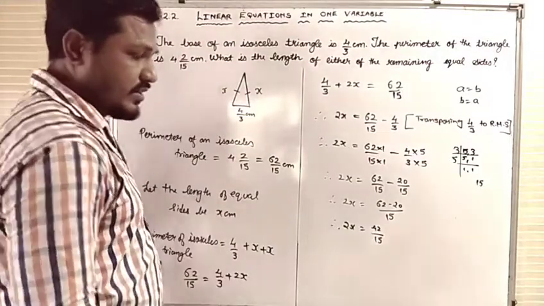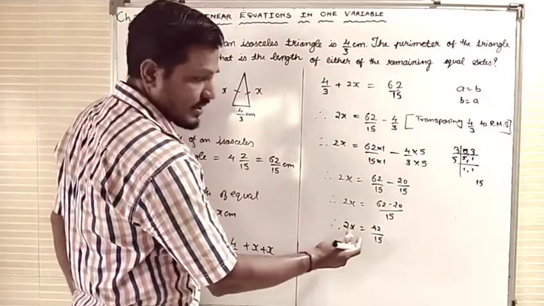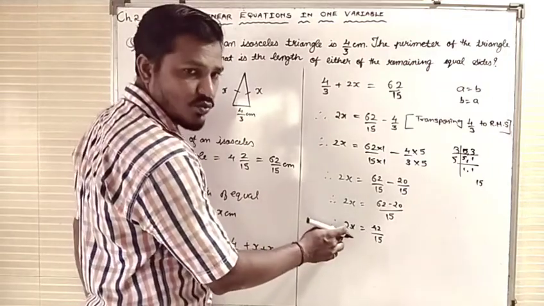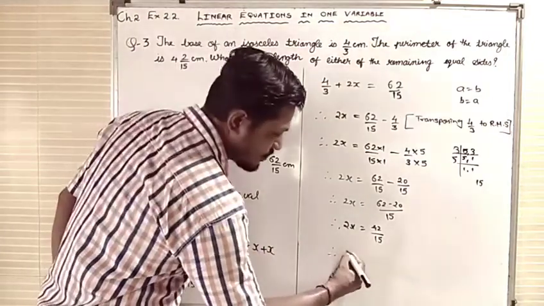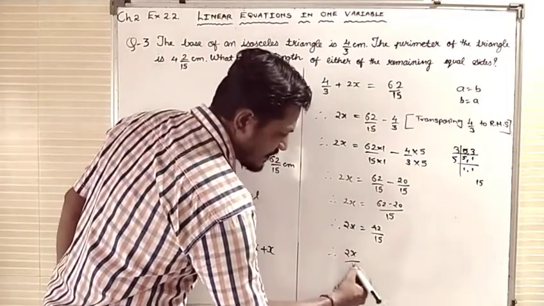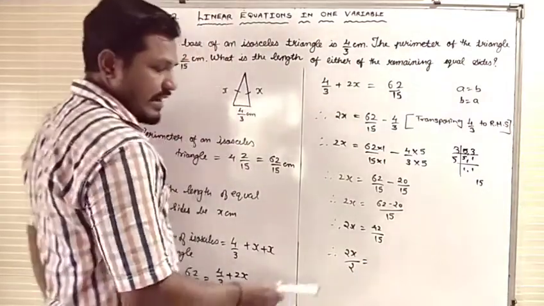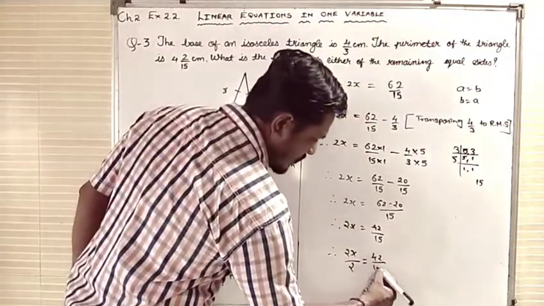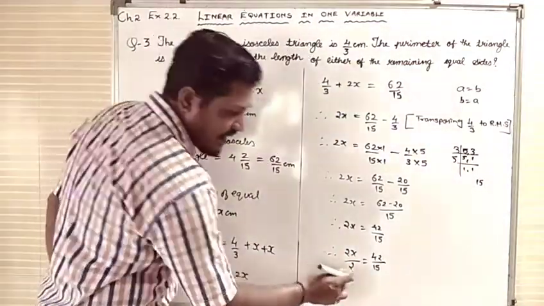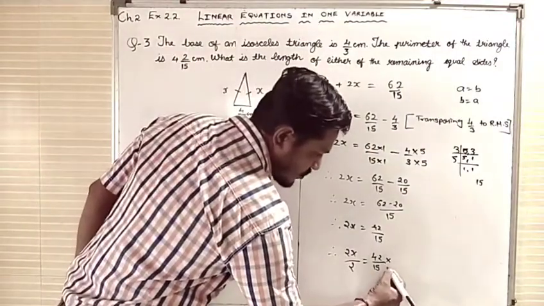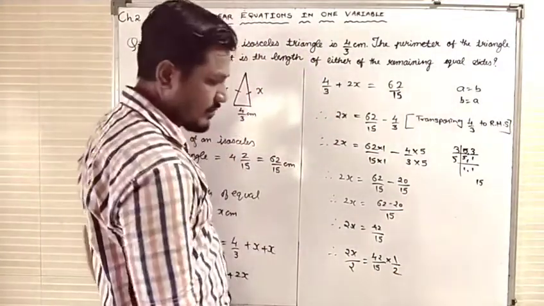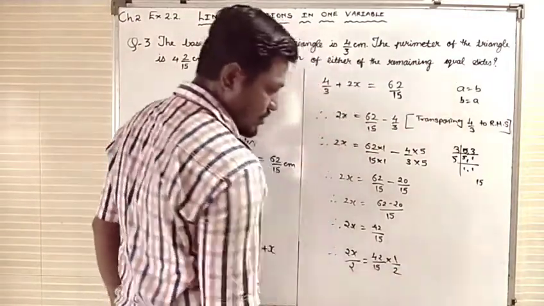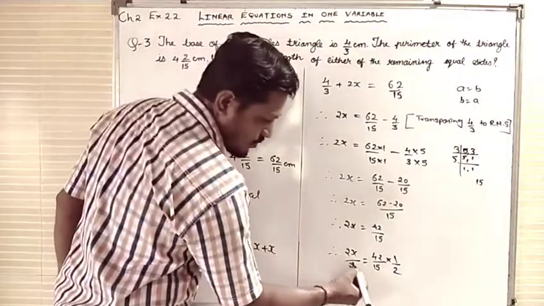Now dear student, here one more step you have to do. See here 2 is with x. I need to cancel this 2. It is in multiple form. So what I will do, I will divide this value by 2. Whatever value I am taking on my left, same value I have to take on my right also. If I had taken 2 on my left, so same I have to take 2 on my right also. Now after doing such, you have to write dividing both the sides by 2. After doing such, 2 and 2 will get cancelled.